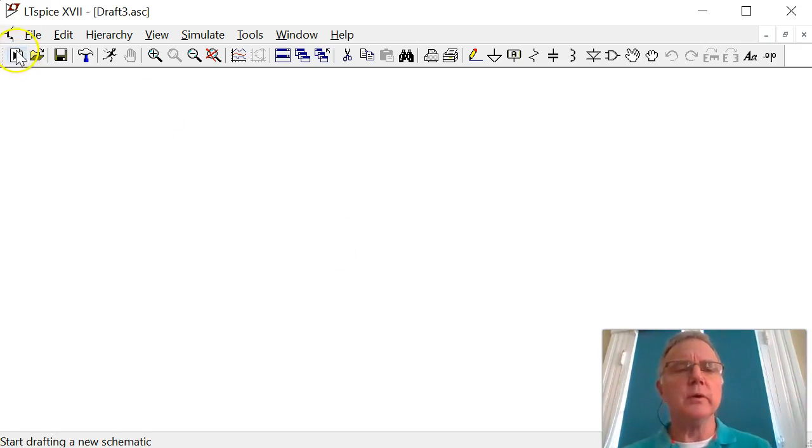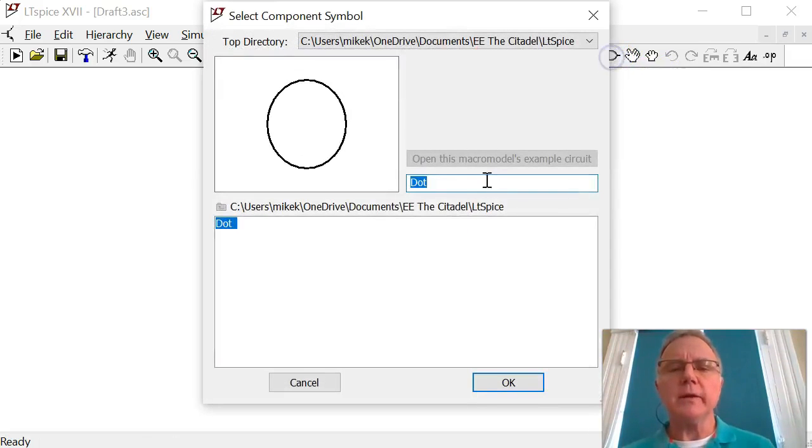So to start a new schematic, we just click on this one here, brings it up. There is a way to show a grid on here too, but to me this just gives me a nice clean look, especially if I'm trying to copy and paste something. First of all, if you want to put a component on, you go to this that looks sort of like an AND gate,